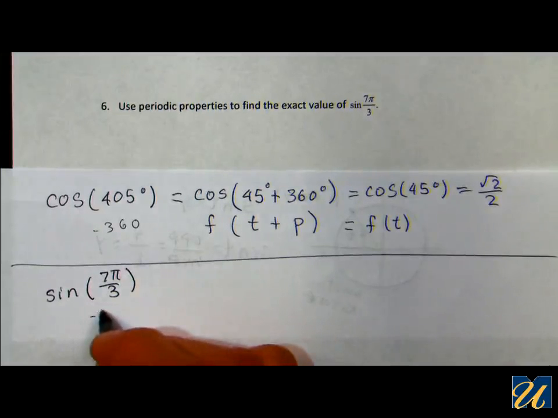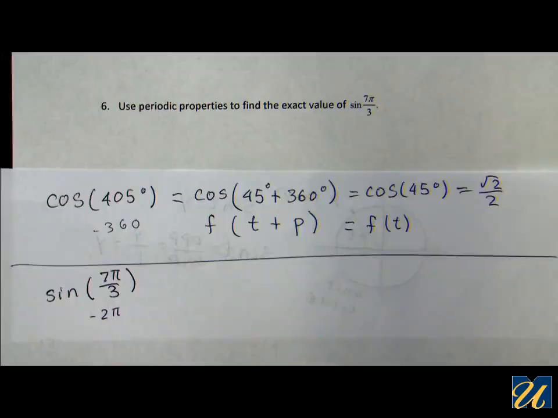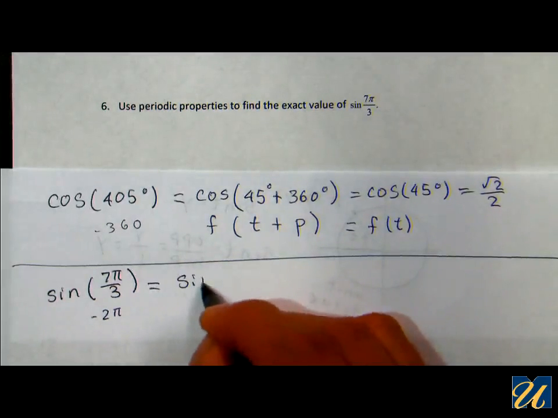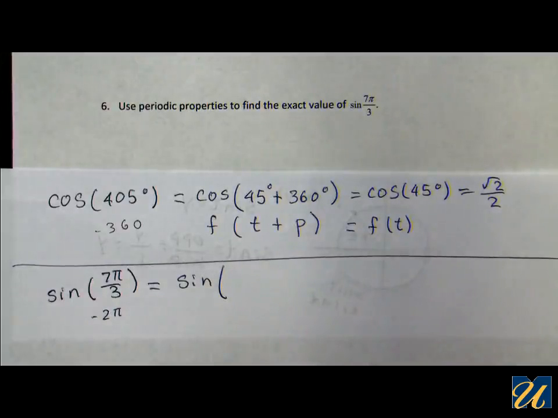So we can think of subtracting 2 pi from that if 7 pi over 3 represents a full period plus more. And by doing that, the sine of 7 pi over 3 is the same thing as the sine of pi over 3